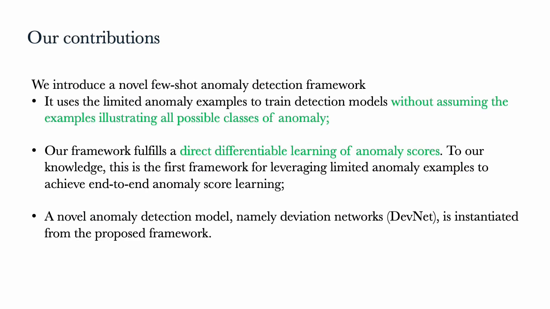In summary, we introduce a novel few-shot anomaly detection framework, and our methods use a limited number of anomaly examples to train the anomaly detection model without assuming the examples illustrate all of the possible classes of anomaly, which is simply not possible. And the proposed method fulfills a direct differentiable learning of anomaly scores. So, to the best of our knowledge, this might be the first framework for taking advantage of limited anomaly examples